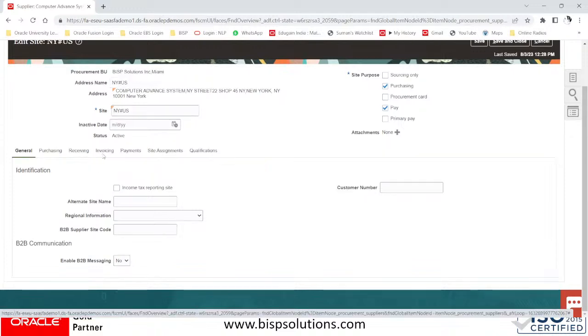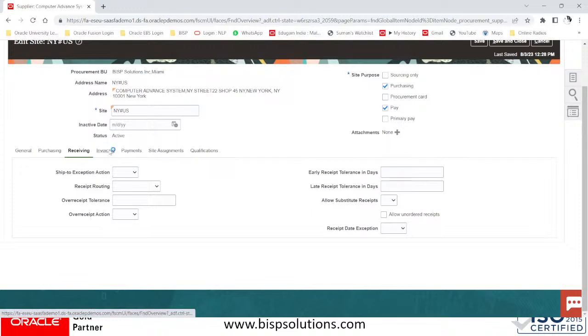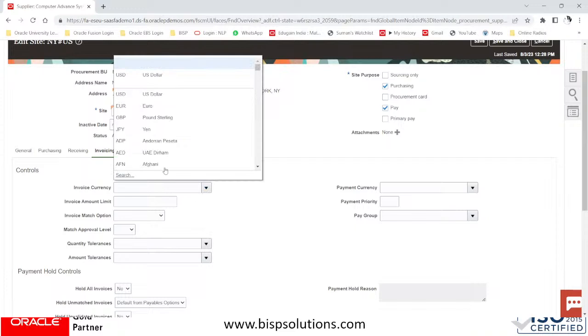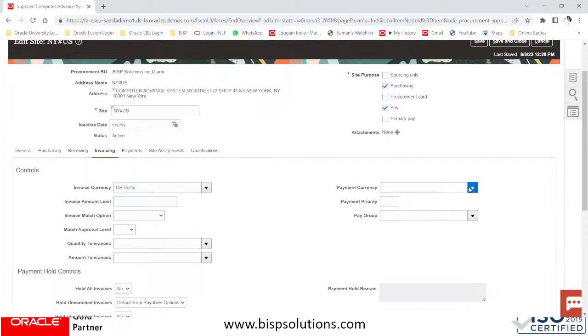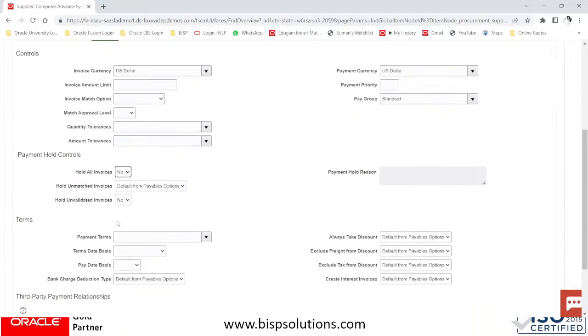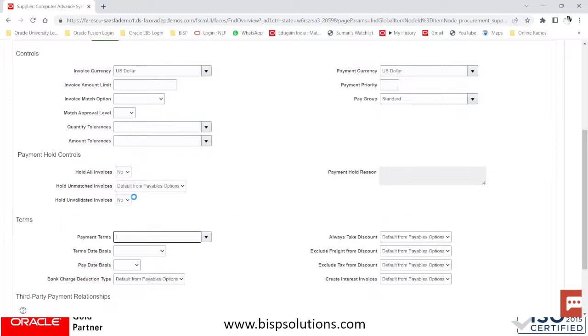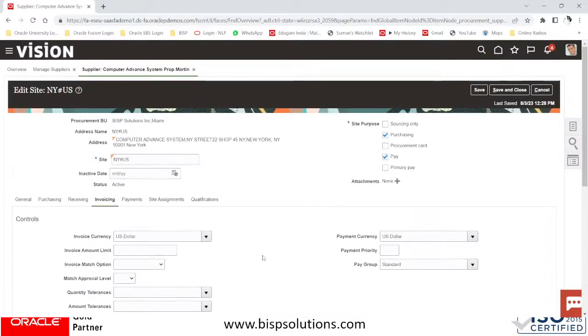Go to invoicing, that will be in US dollars, and payment will be in the US dollars. I'm selecting the standard as the group, and payment terms I am selecting as 2/10/30, invoice date, discount. In the payments,